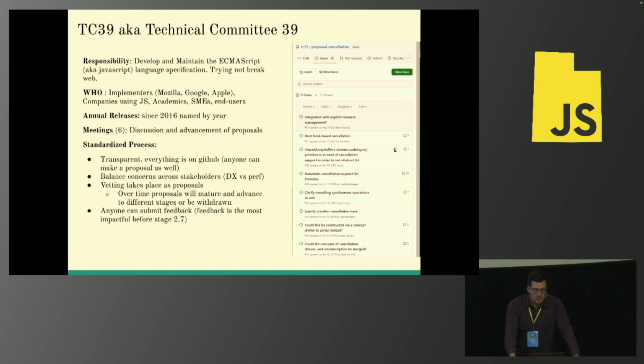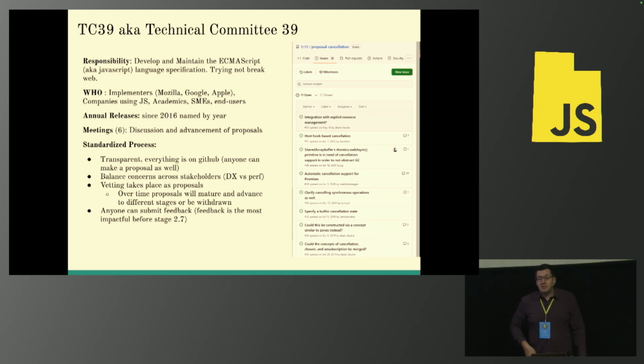And also a proposal, typically they advance through the stages and eventually get there, but they can be withdrawn. You might lose the champion, etc. So just because you see a proposal in stage 2 and you're like, this is really awesome, can't wait to use it, it'll eventually be there. We have some hacky polyfill. It may not, it could get withdrawn. So use that as a word of caution.